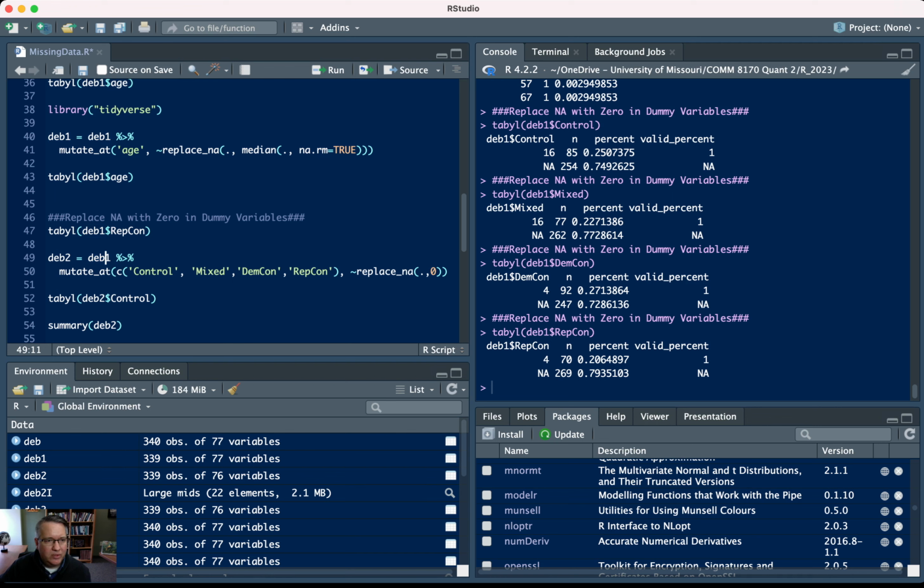So deb2 equals deb1, and then the pipe, which is the percent sign, the greater than sign, and the percent sign. And again, we're using mutate underscore at. So after the pipe, I put mutate underscore at, and then a left paren, and after the left paren I'm going to list all of the variables that I want to run this command on. So it's C, and again left paren, because I got to put my list in parentheses, and then I'm using that inverted comma or the single quote mark,